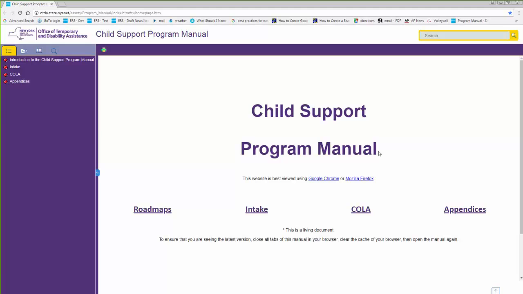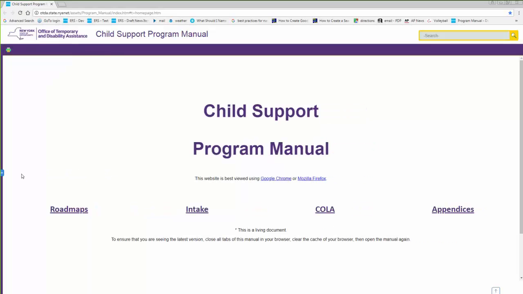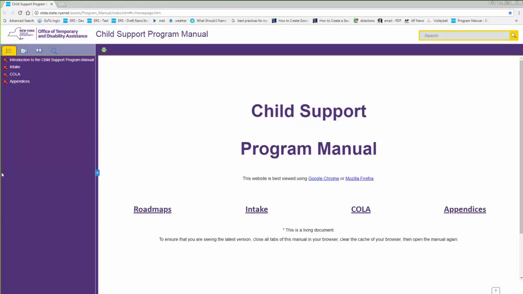I designed and built this manual here, and I'd like to run through just some of the navigation and a few of the main features here. When you open the manual, it looks like this. You've got a front cover on it, and you've got this left navigation pane, this purple pane. You can collapse or expand the left navigation pane by clicking on this button here. Close, open, toggle closed. You've got here the table of contents in the left navigation pane.